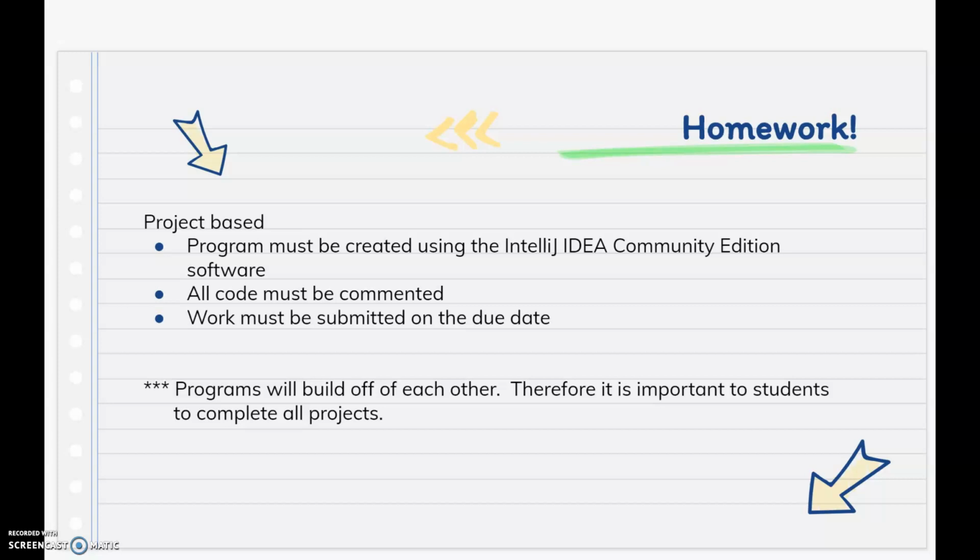And all work must be submitted by the due date. And I'll talk to your students as to how all work will be submitted. Just as a reminder, this is kind of like a math class. Programs and concepts that we learn in class all build off of each other. So for instance, I can't prompt a user for input if I don't know how to print something out to the user. I can't say "enter a number" if I don't know how to print out the words "enter a number" on a screen. So if they are not completing their projects in order, they're not going to be able to complete their current project. So it's really important for the students to stay up to date on all of their work.